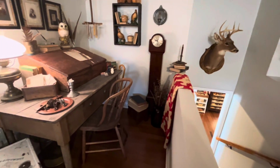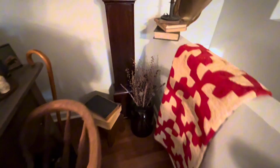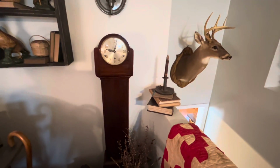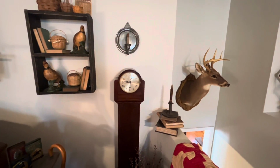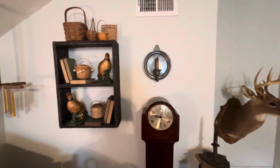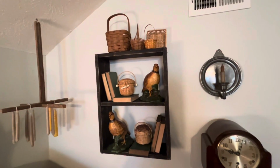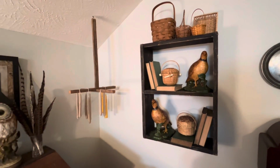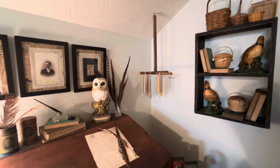We can start over here in this corner. That clock is a granddaughter. It's not very tall, but my husband gave me that one Christmas. Now, there's a lot of stuff in this house, I know. Sometimes it's a little more than what you would like in yours,